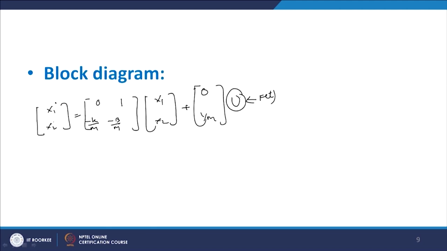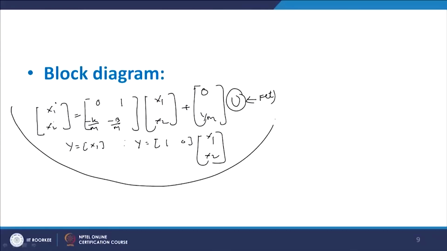So, we have written like this. Now, what is the output? Output y equals x1, therefore y equals 1 0 times x1 x2. So, this is the state space model of a mechanical system where there is involvement of spring, mass